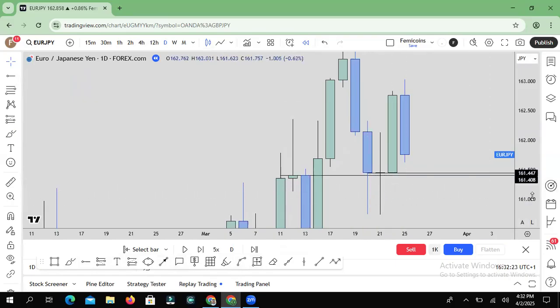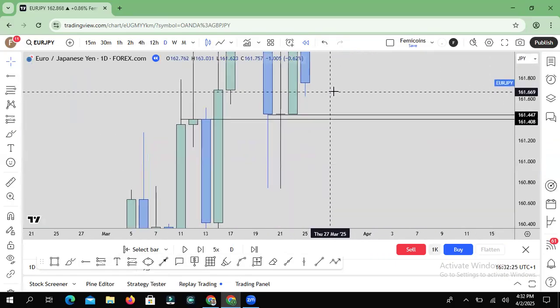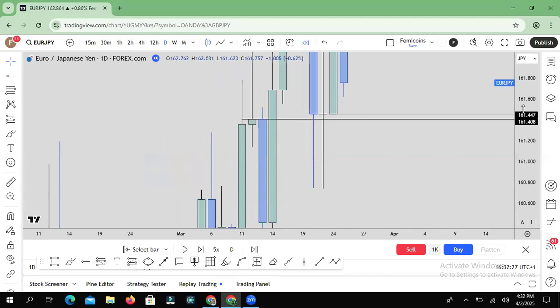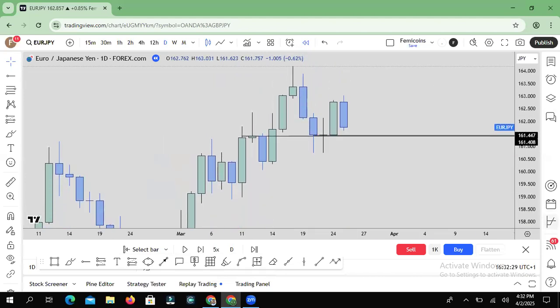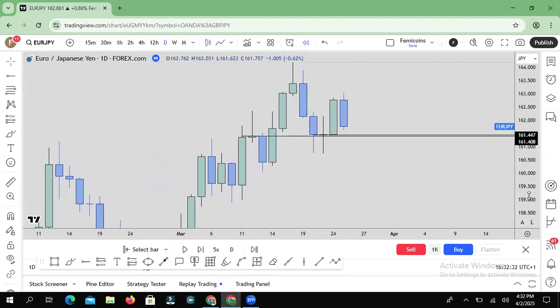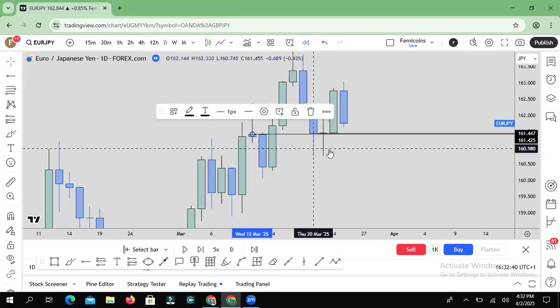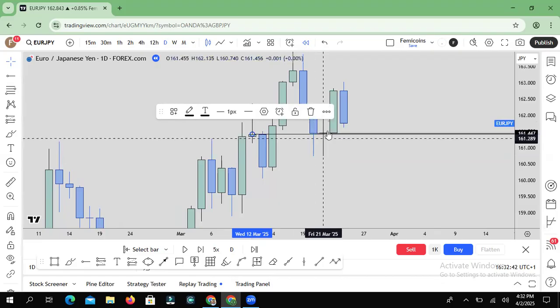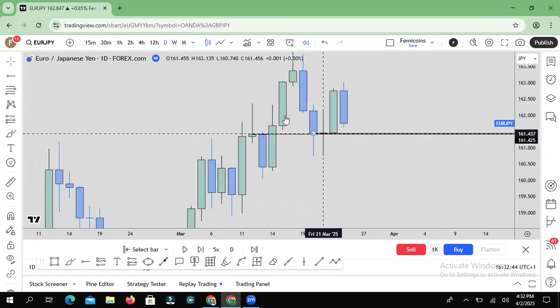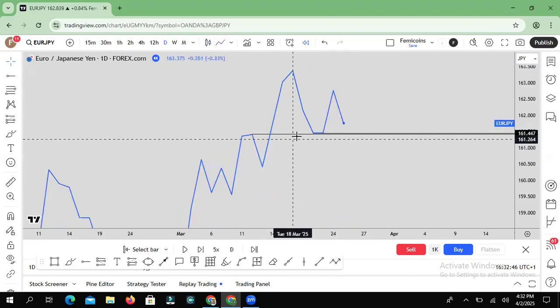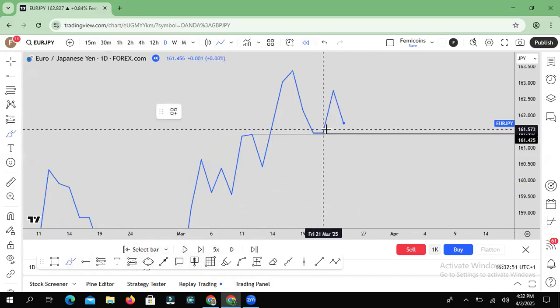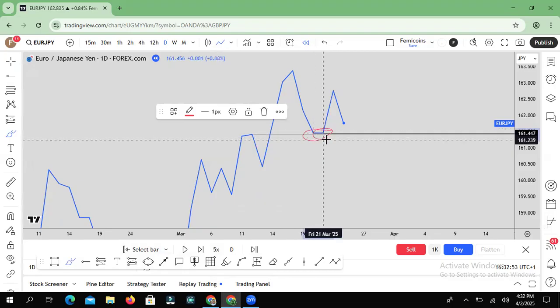Let me annotate it and let me zoom in so that you know that they are different. Okay, it's better this way. Like I said, we rejected this A-shaped key level, and then we broke it with a body. And then when we investigated this daily rejection, we eventually had another fresh V-shaped key level. You can see it right here. It is not magic. This is the V-shaped key level right here.